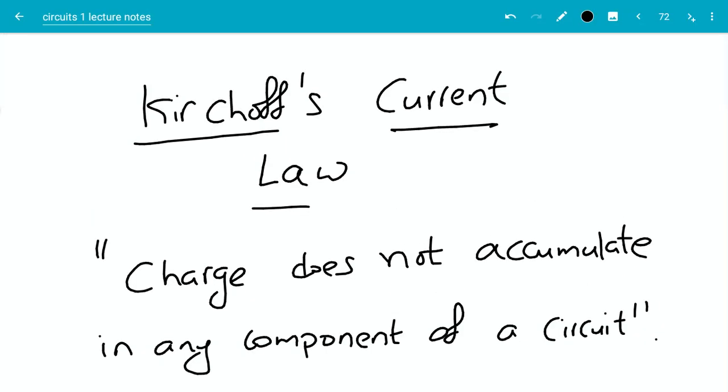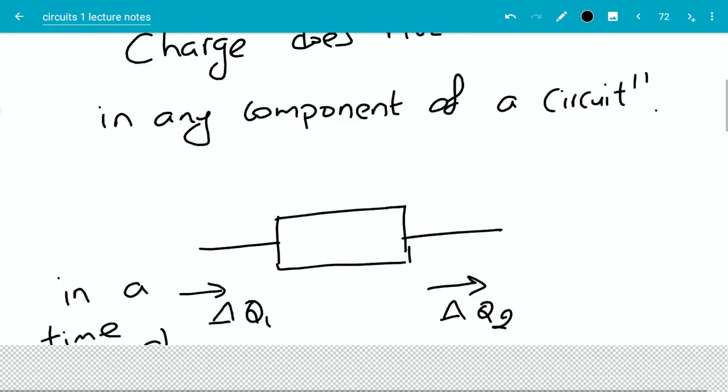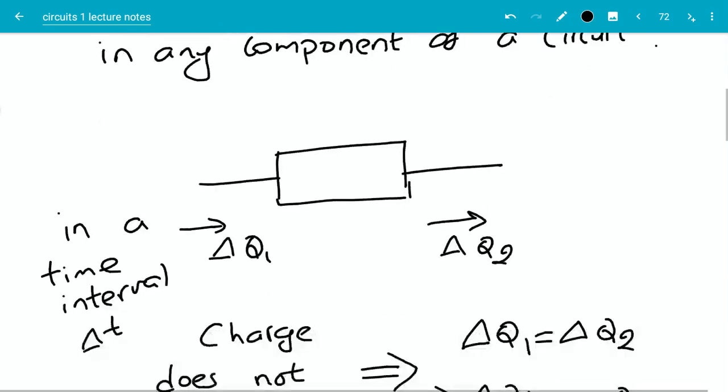Let's talk about Kirchhoff's current law. One way of stating Kirchhoff's current law is that charge does not accumulate in any component of the circuit. Consider some arbitrary component. This could be anything: voltage source, current source, resistors, whatever. Let's say we are observing that component for an interval delta t,